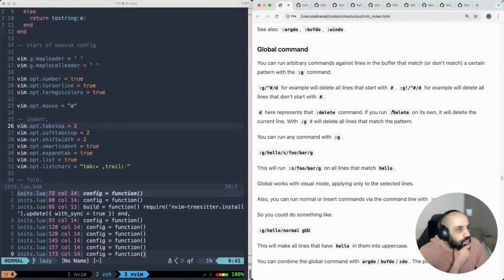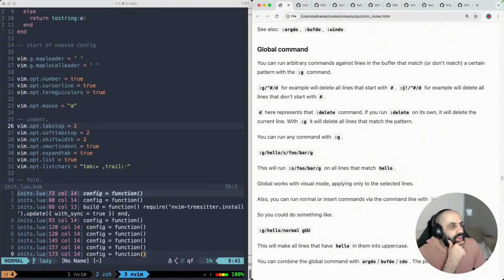Okay, here I'm explaining how the global command works. And this I do use from time to time, not very often, but generally when I want to delete lines that match a certain pattern. So what global will do is it will search for all the lines that match this pattern and then run whatever command you give it afterwards. I initially just learned this, and that's how I understood the command to be. Very limited understanding. But when you break it down, this will search for this pattern